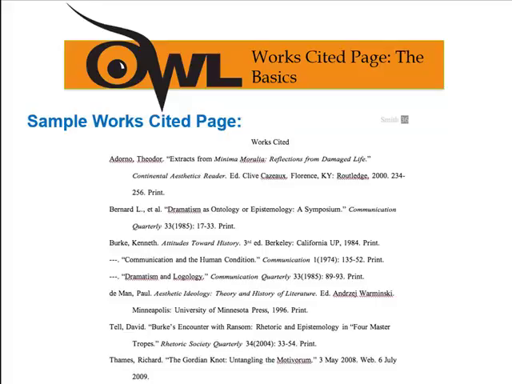There's no extra space between citations. How do I know when we move from one citation to the next? The first line of each citation is at the margin, and then any other lines after that are indented 5 spaces. And you can actually use the tabs ruler in Word to set it to do that automatically on your works